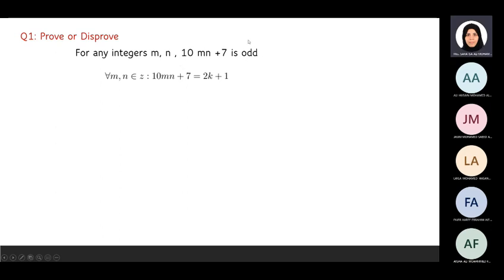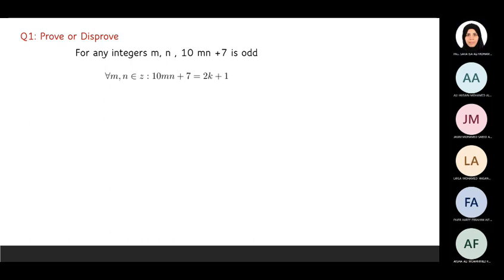10mn plus 7 is odd. The word odd we represent in the form of 2k plus 1. The general form of odd is 2k plus 1, 2w plus 1. So now, if you look over the symbolic form, you can see that this is the left-hand side equal right-hand side. If you can move from the left-hand side to the right-hand side with small simplification, it means you can